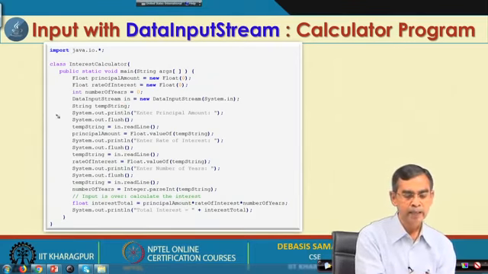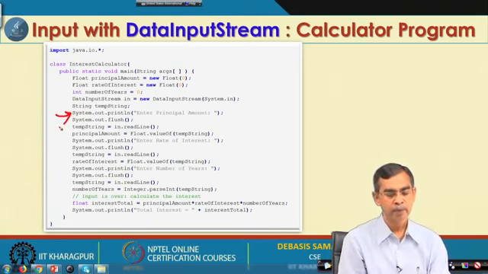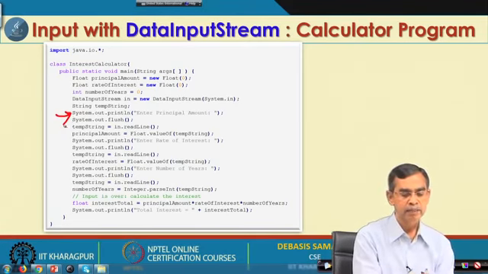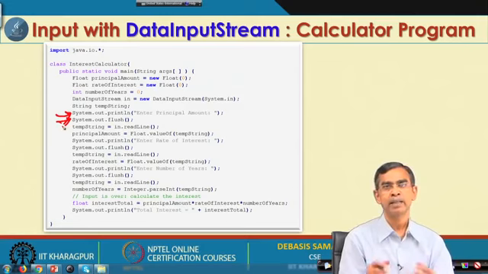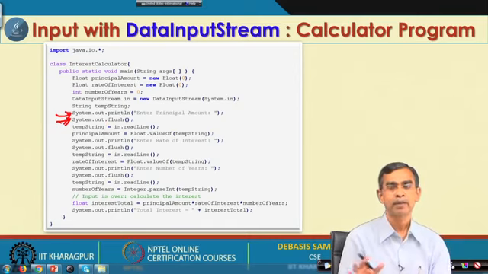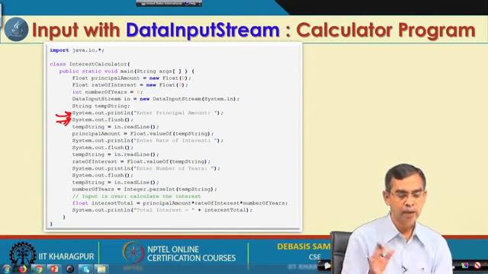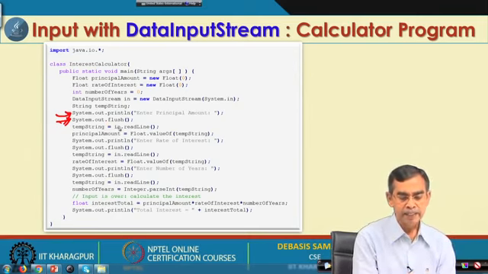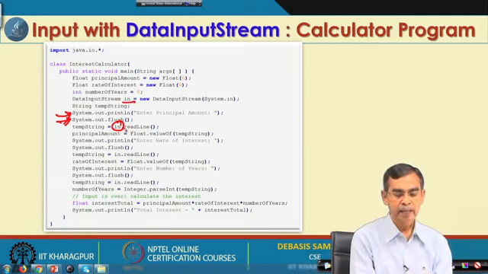Now, this is the prompt that asks the user to enter the principal amount. We clear the buffer, because whatever the user enters is stored in the keyboard buffer. So System.out.flush basically cleans the buffer, so that the buffer is now empty or null. Then, for the in object that we created using DataInputStream, we call readLine.